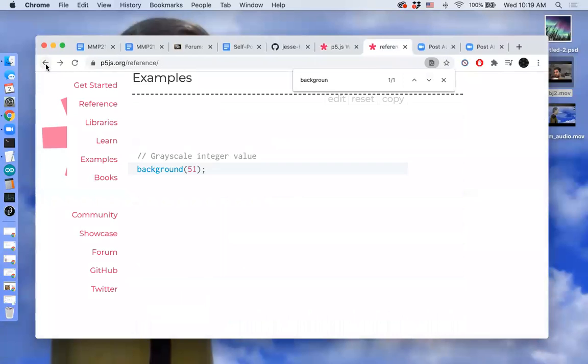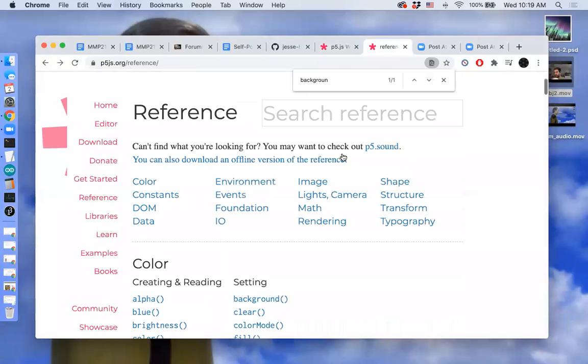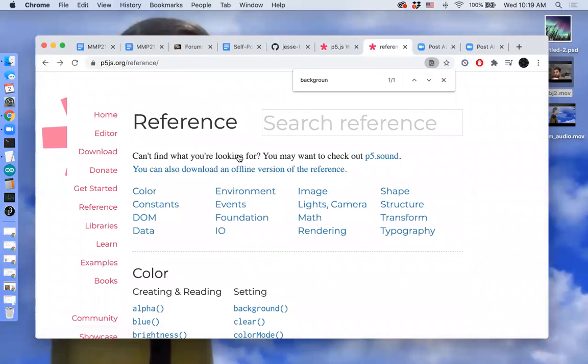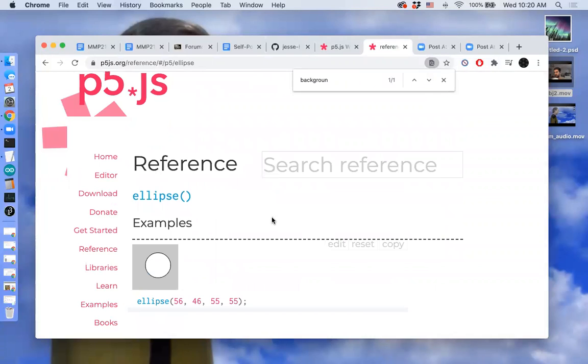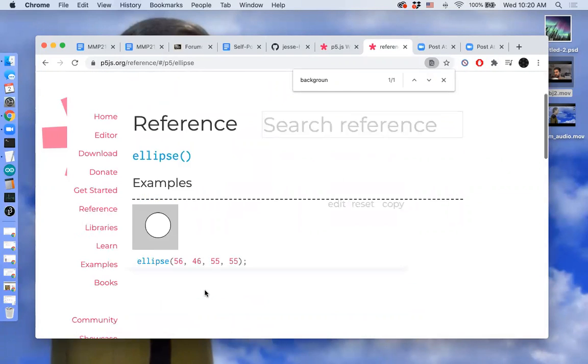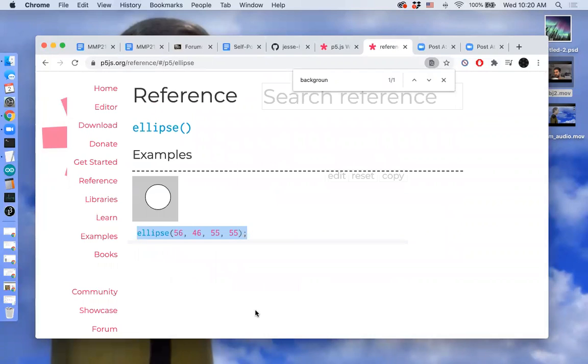So I'll go back to my main reference, and here we have some keywords, some sections of our code. So I'm going to go to shape. Let's go to shape. So these are different shapes that we can draw on the screen. So let's start with an ellipse. An ellipse is a roundy, curvy thing. And so I'm just going to copy this code over